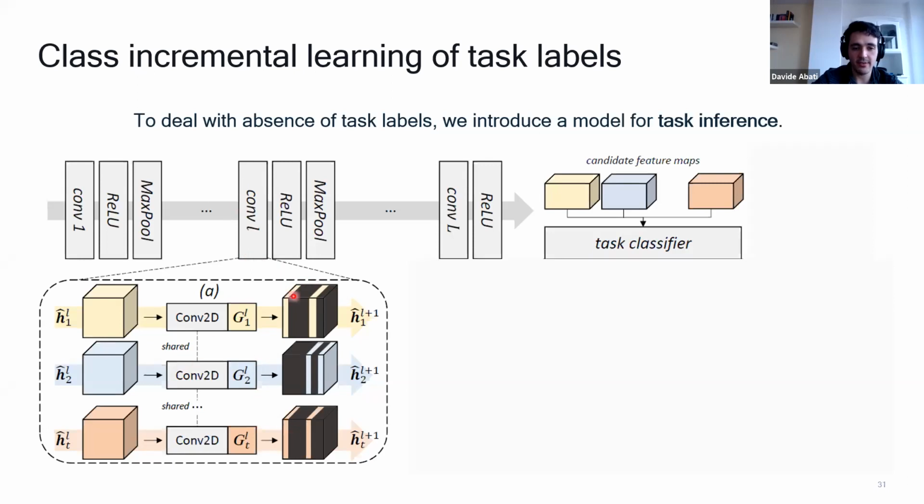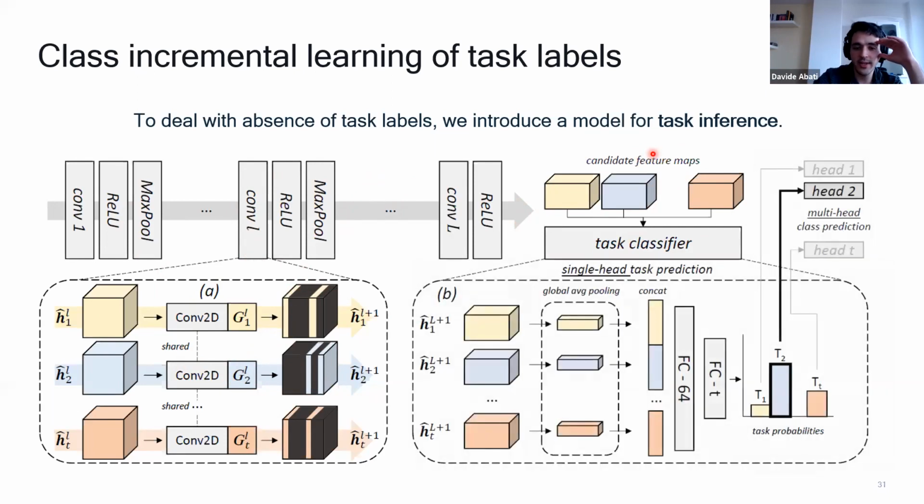Yeah, and the reason for that is we were trying to do this decision locally. Here I have a candidate set of gates, and I will commit to one decision and say, well, I think I'm forwarding task 2. But that strategy, we were never able to make it work. In the end, we just ended up with a final classifier. This final task classifier takes all the feature maps, pools them, concatenates them, and with two further layers, it decides which task we are solving.